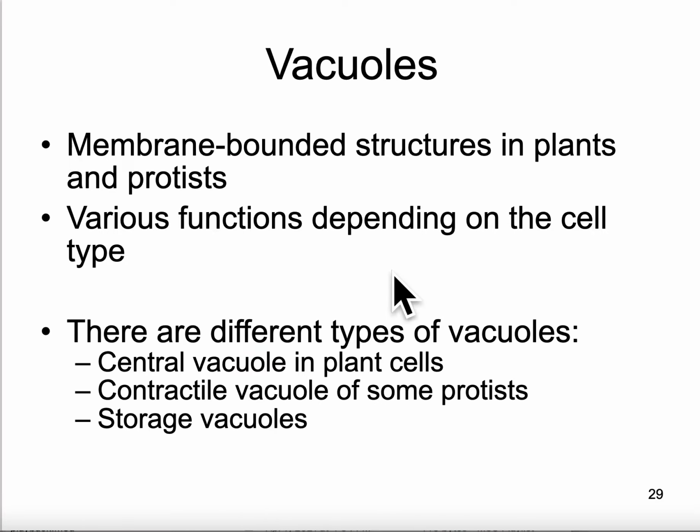Whereas a vacuole is a permanent bubble with various functions. Our cells do not have vacuoles, but plants and protists, so other eukaryotic organisms that are not fungi or animals,